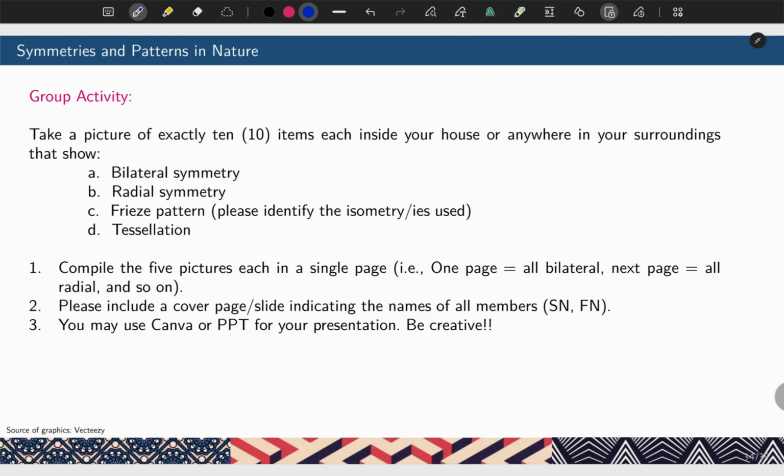For your group activity, take a picture of exactly 10 items each inside your house or anywhere in your surroundings that show